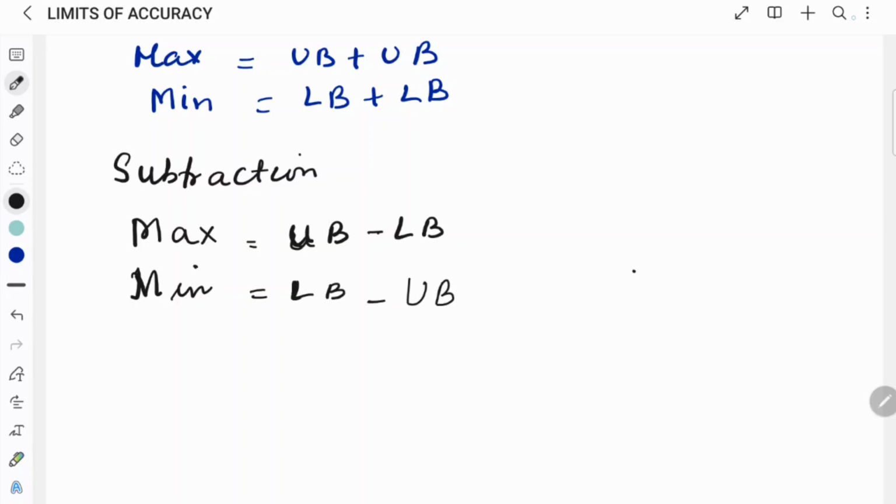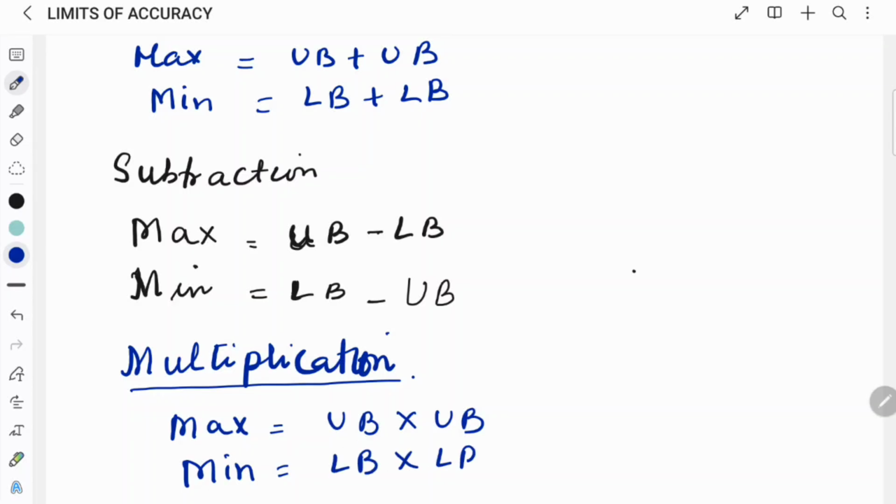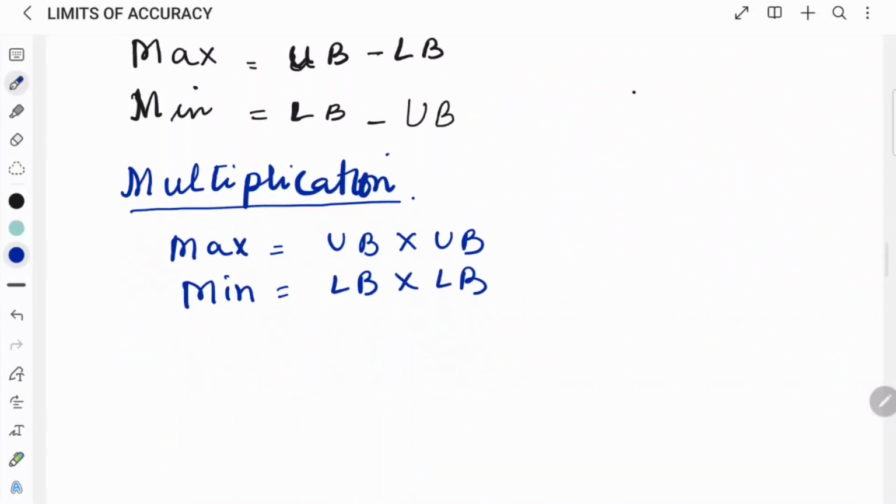Now go to the multiplication question. If you identify that you have to do multiplication, it's just like addition. For the maximum value, you multiply the two maximum values, and for the minimum value, you multiply the two smaller numbers. Now if in any question you feel you have to do division, a sharing question, and if they're asking you to find the remaining value or the difference, you do subtraction.